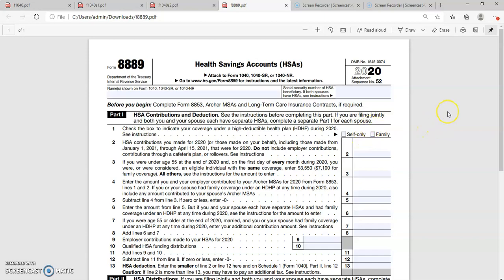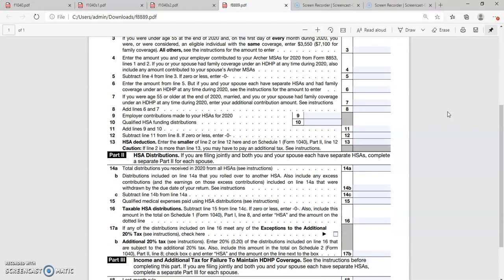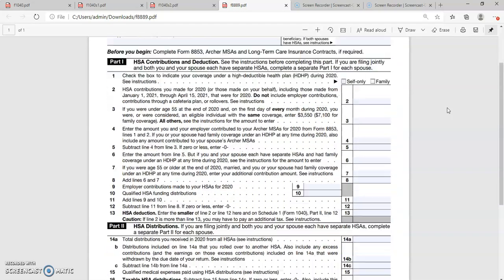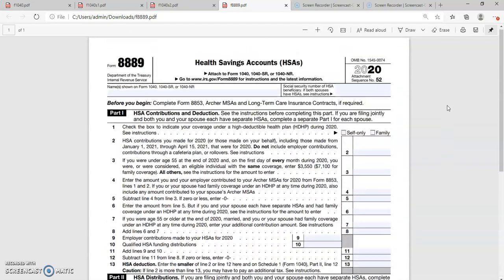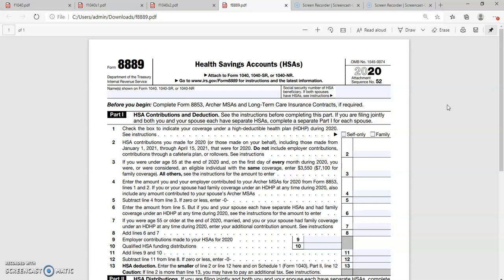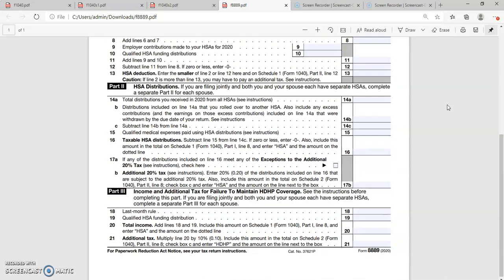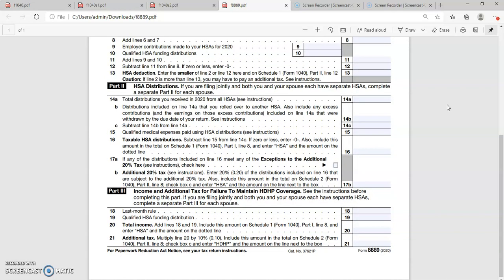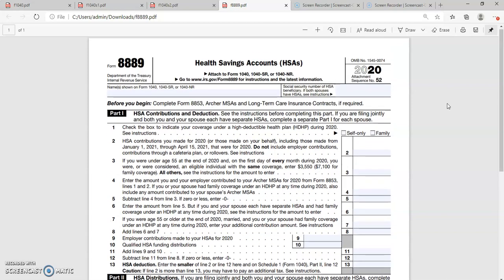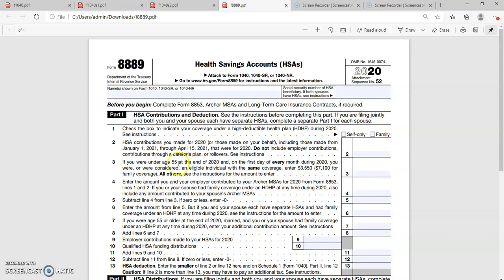8889 is a health savings account form, and it is basically a one-page form and it has three parts. Part 1 is for HSA contribution and deduction, part 2 for HSA distribution, and part 3 income and additional tax for failure to maintain HDHP coverage. HDHP coverage is nothing but high deductible health plan.